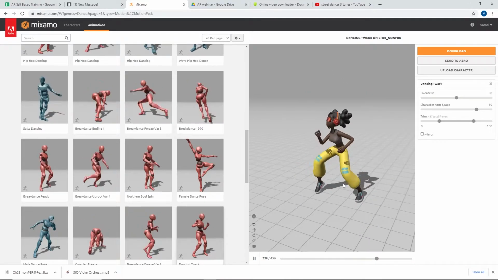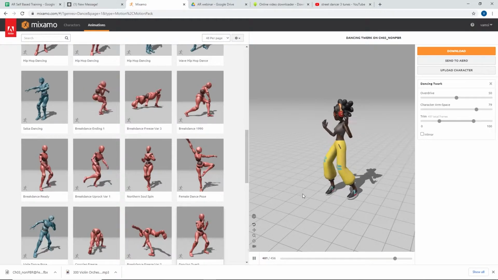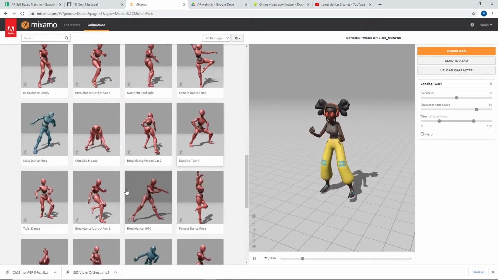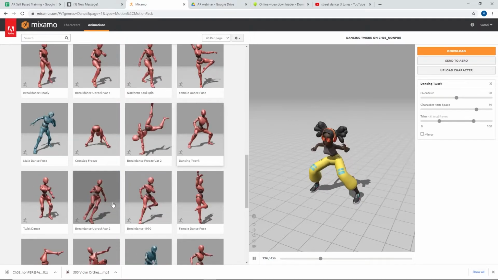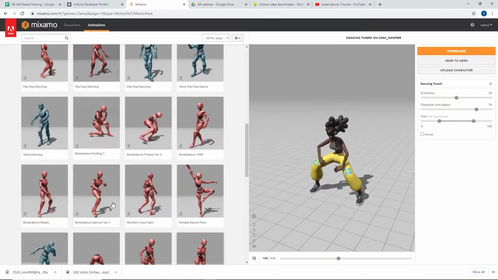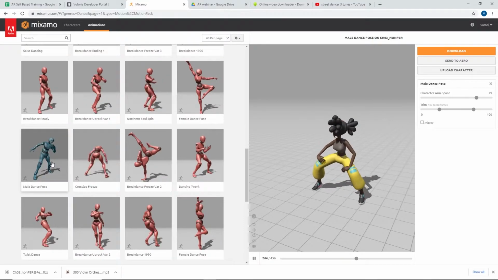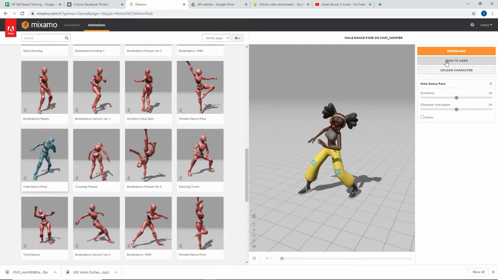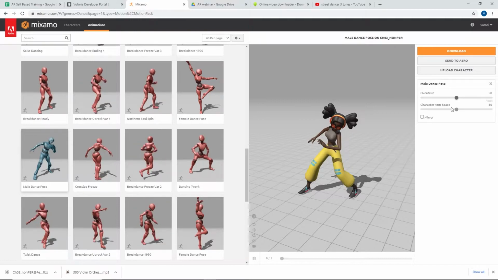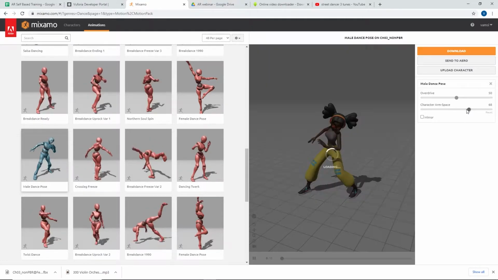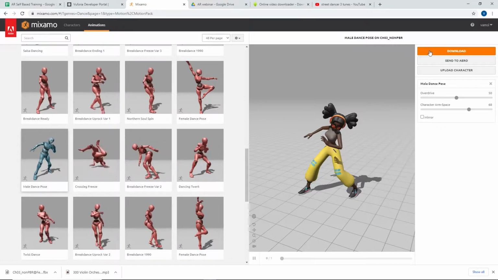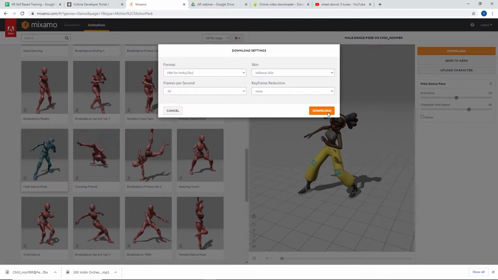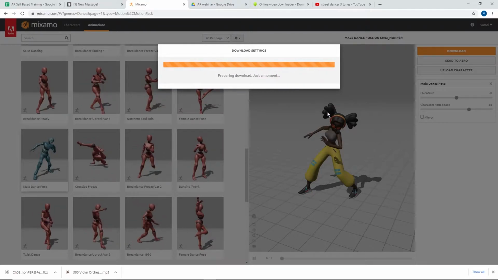But our song does not contain and does not require this step. So I'm going to leave this. I'm going to check some more steps now. See here, one of the poses here. So I'm going to download this. Yeah, this was good. I'm going to download this in the same format, without skin. I'm going to download.